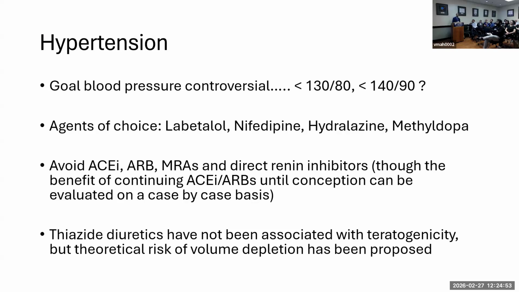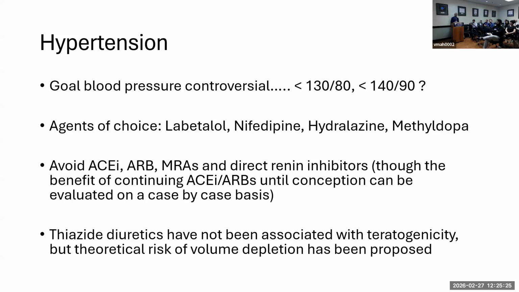Of course, we want to avoid ACE inhibitors and direct renin inhibitors, although there's some patient practice that people would continue them until the point of conception. Because, for example, in diabetic kidney disease with a lot of proteinuria, there may be some benefit to continuing it. And then the other thing is a lot of these patients have decreased fertility, so there's no guarantee that they're going to become pregnant any time soon. So you can actually continue them and just do frequent pregnancy tests. That's one kind of approach.